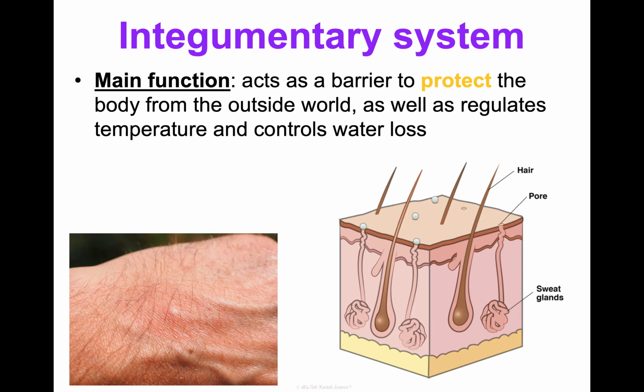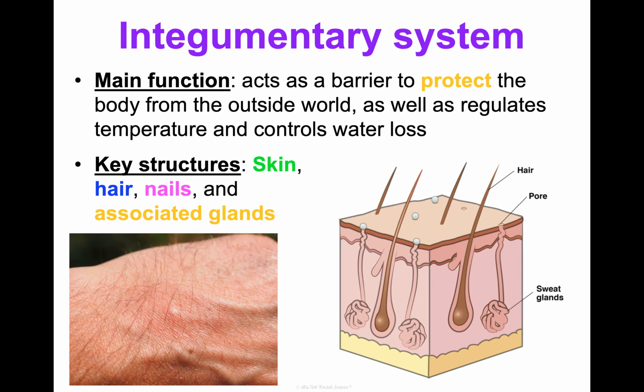And that's because this system is one of the biggest players in your immune system and keeping you healthy, because it's this giant physical barrier that protects your body from the outside world. And then it also helps with maintaining homeostasis by regulating your body temperature, controlling how much water is lost. So it plays some really big roles. And so we'll be looking at your skin, your hair, your nails, and then a bunch of glands that are